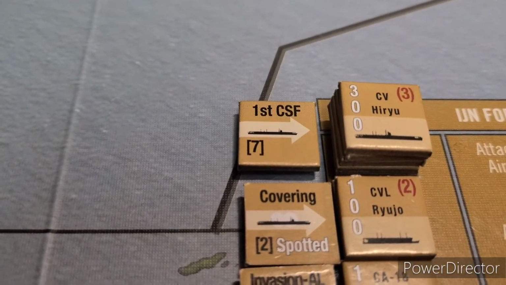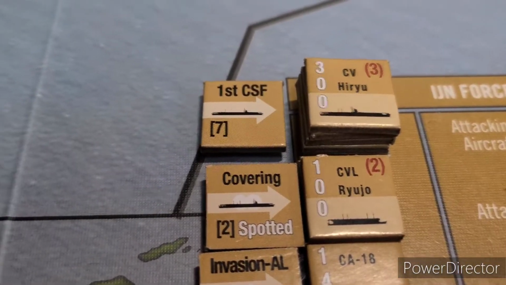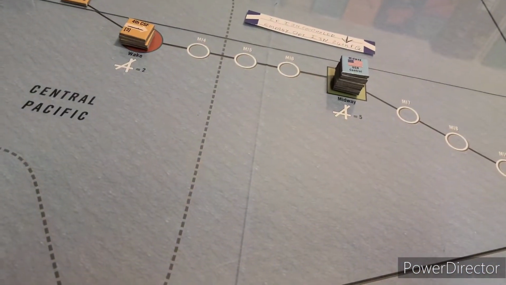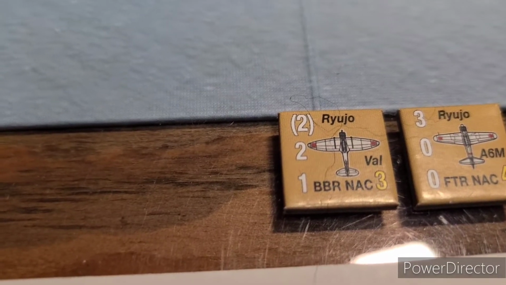Carrier Strike Force's spot, so he will be going on a cap mission. Oh, I'm gonna put him on cap here. Yeah, I'll put him on cap. There you go. Combat Air Patrol. Next is we got a bomber from the Ryujo